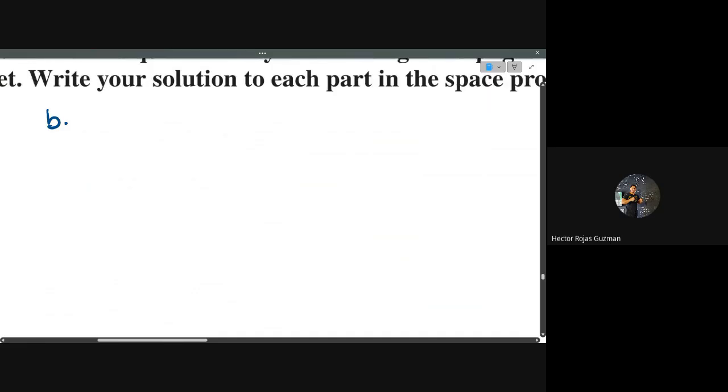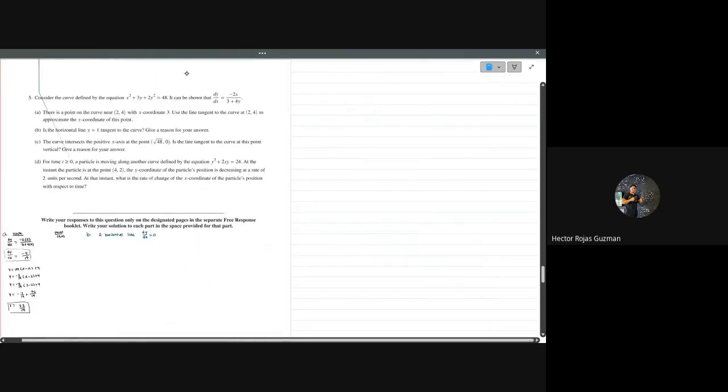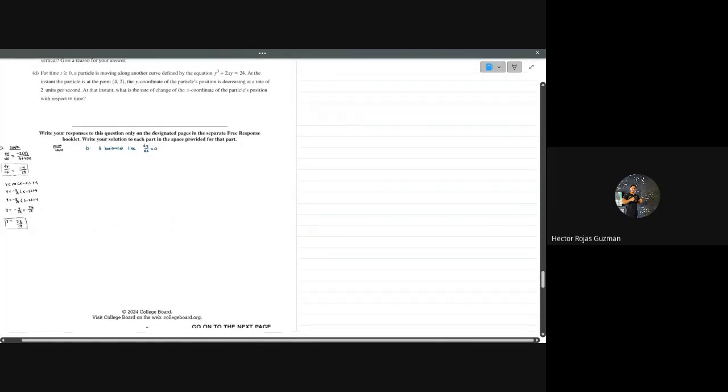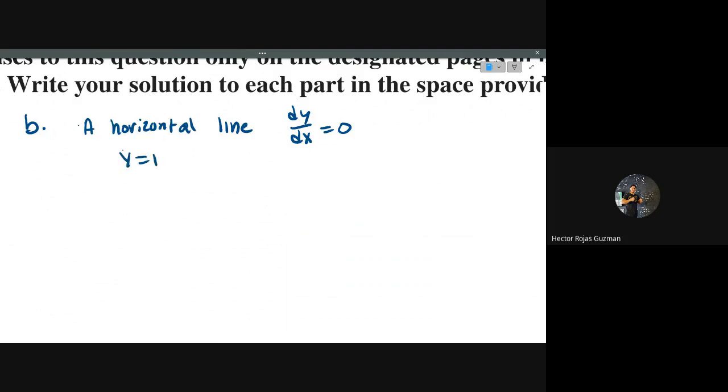Part B: Is the horizontal line y equals 1 tangent to the curve? A horizontal line needs to have a slope that is equal to 0. And they're saying, is the horizontal line y equals 1 a tangent to the curve? Well,